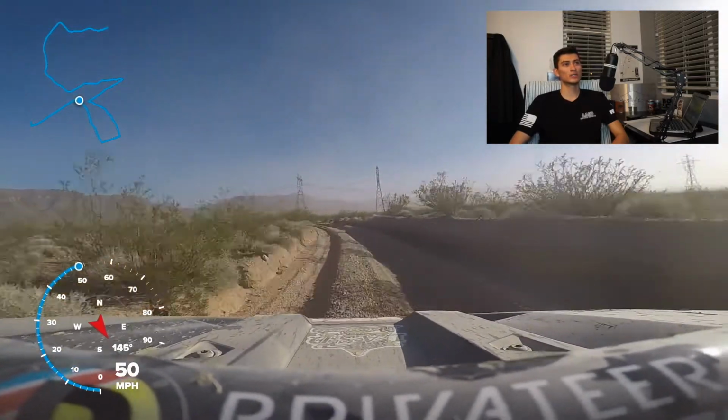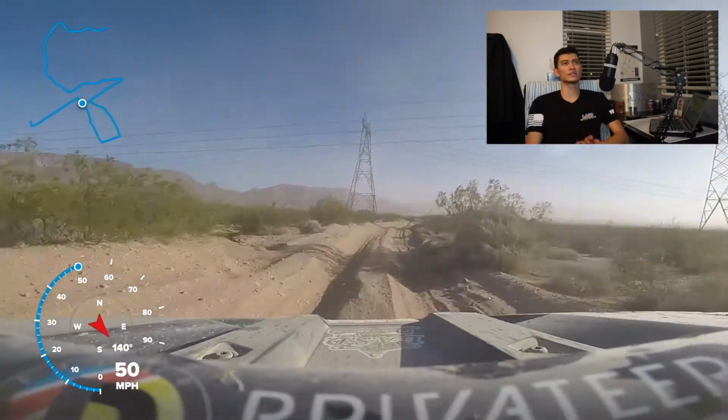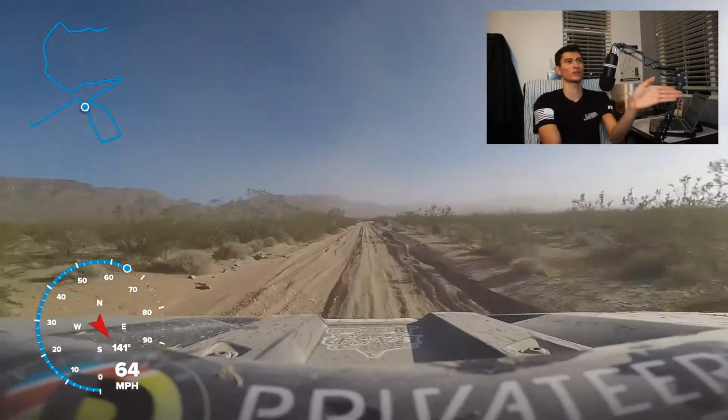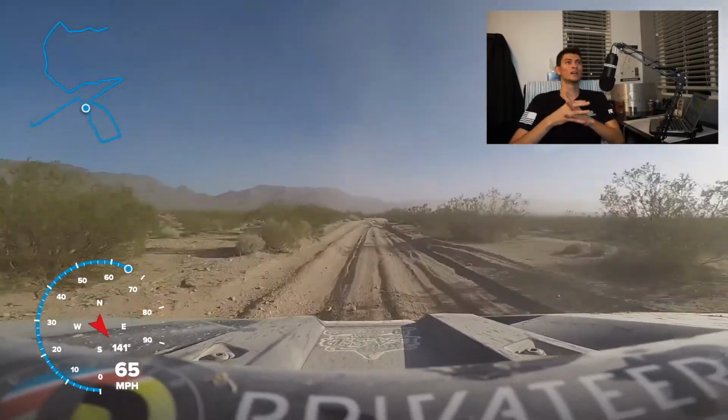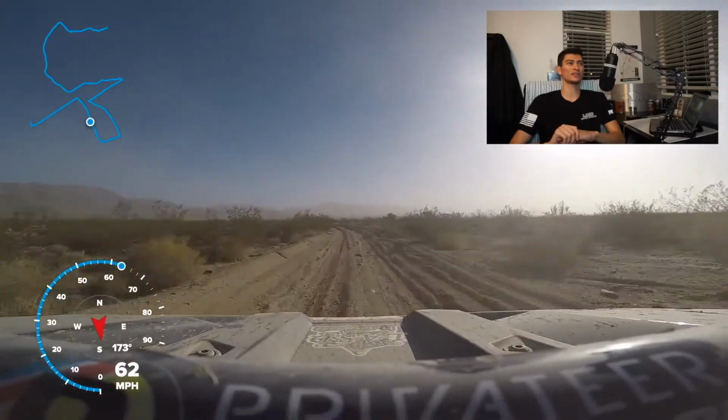But the one thing I did see with this pedal to the metal type mentality is there's a few corners that he could have slowed down a bit earlier for, because I just think he carries too much speed to these corners. Some he overshoots a little bit and has to overcorrect and take a wide swing on. And there's one that I'll particularly point out, but before we get into that, just check out how fast he's